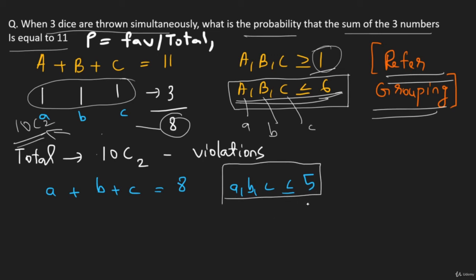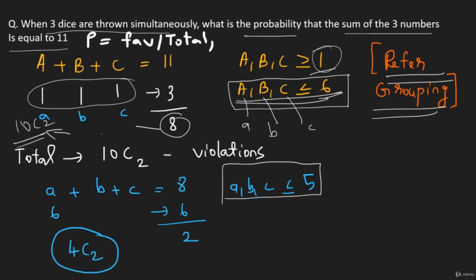Alright. Now, let's find the violations. To find a violation, let me allocate 6 to this A over here. And I am left with 8 minus 6, that is 2 items, and I have 2 dots and 2 lines, right? Because I have to divide it between 3 people. So 2 dots and 2 lines, that's a total of 4 items. 2 are of one type and 2 are of one type. So this can be distributed in 4 factorial by 2 factorial into 2 factorial ways, which is equal to 4C2,